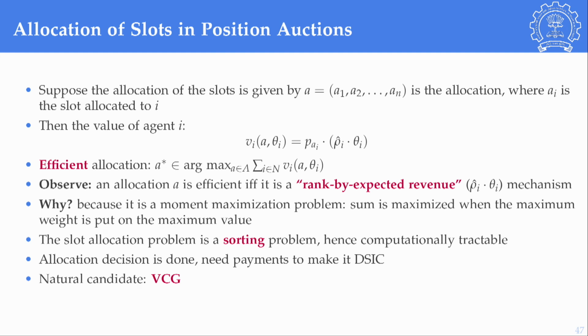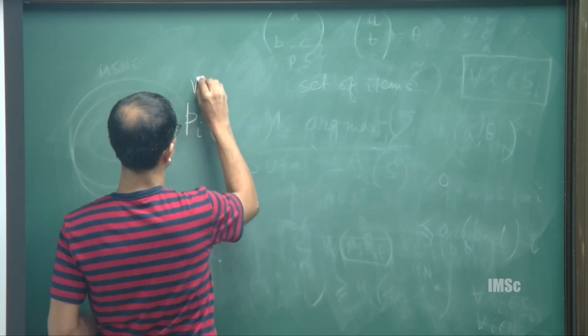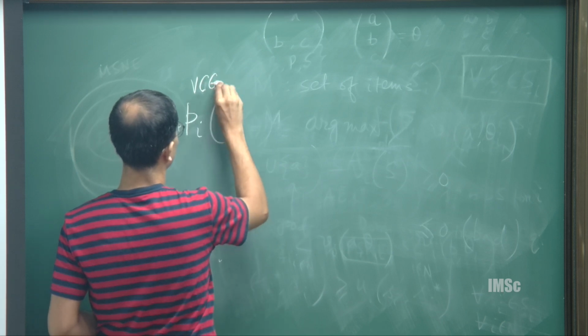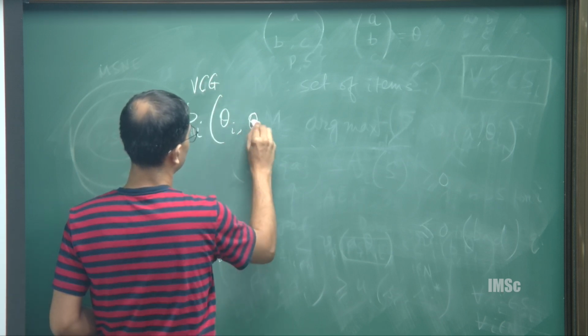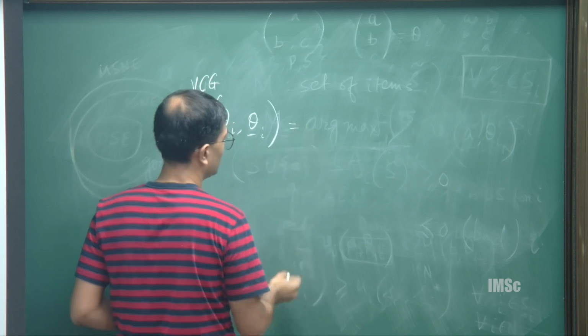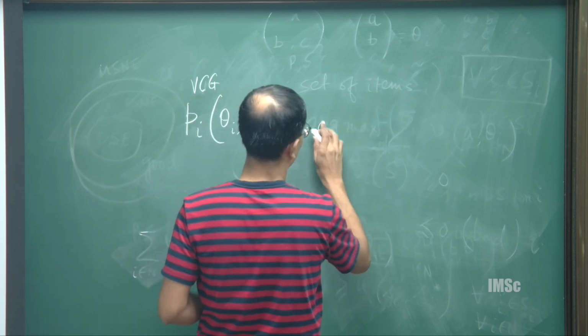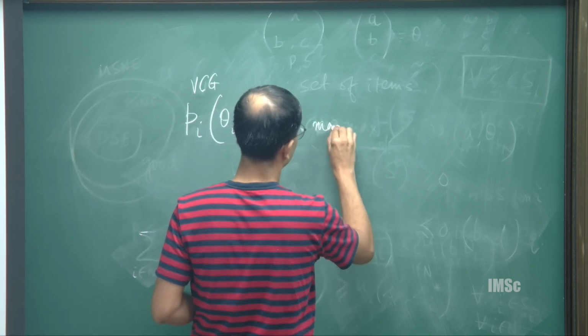So our payment of agent i under VCG, theta i, theta minus i, was: we first look at the maximizer